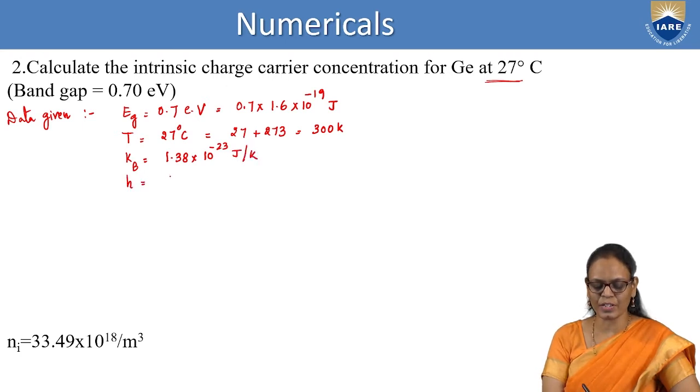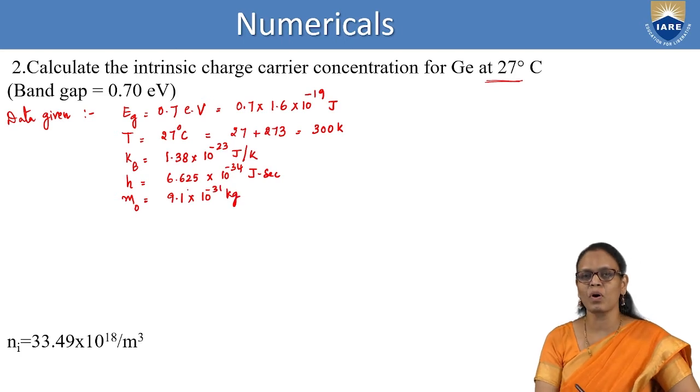The value of h, 6.625 into 10 power minus 34 joule seconds. And also we have to use m naught, the rest mass of an electron, 9.1 into 10 power minus 31